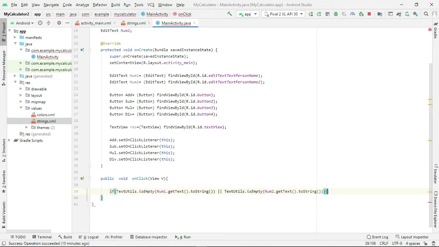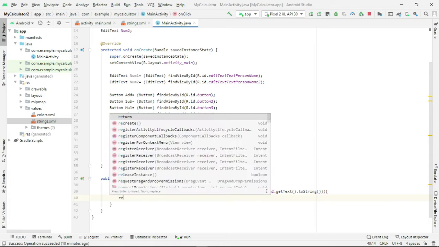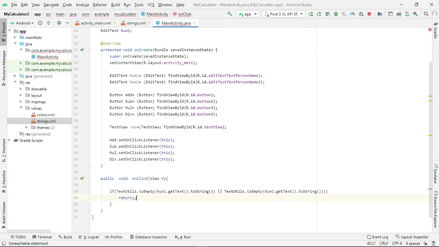If it is not empty, you have to read the values. If it is empty, you have to return. Let me return if it is empty.